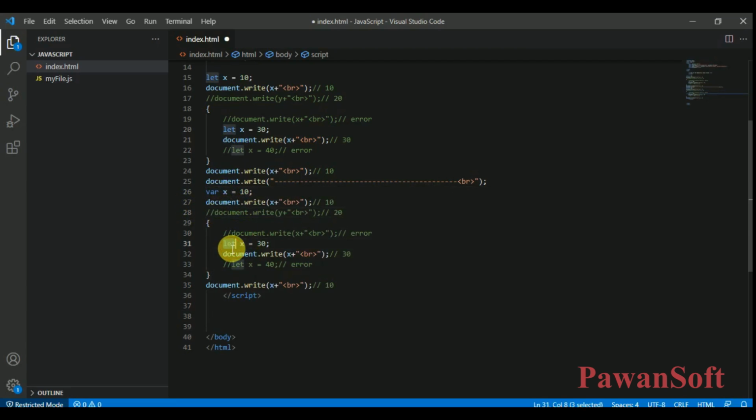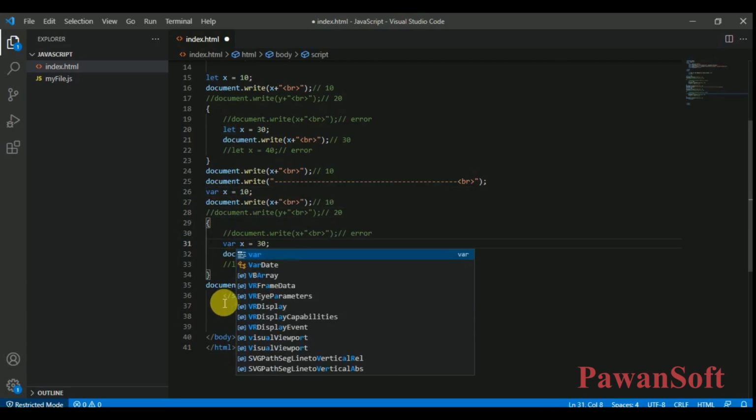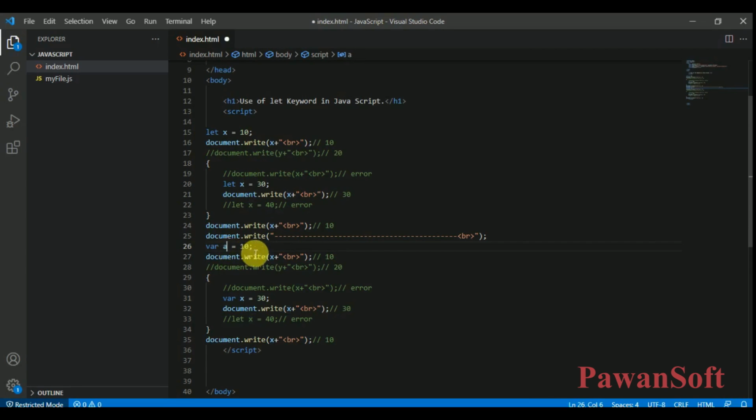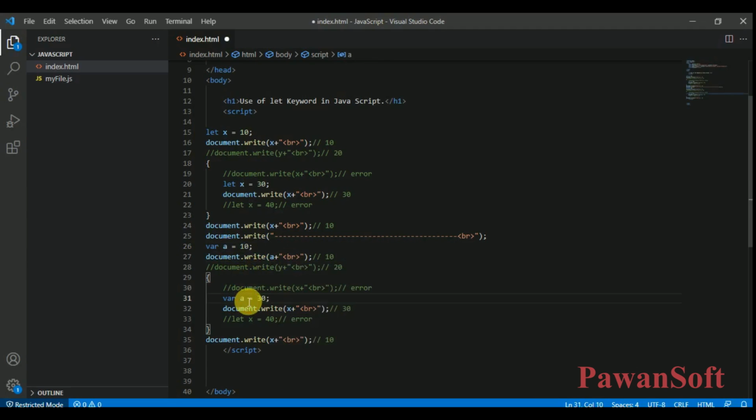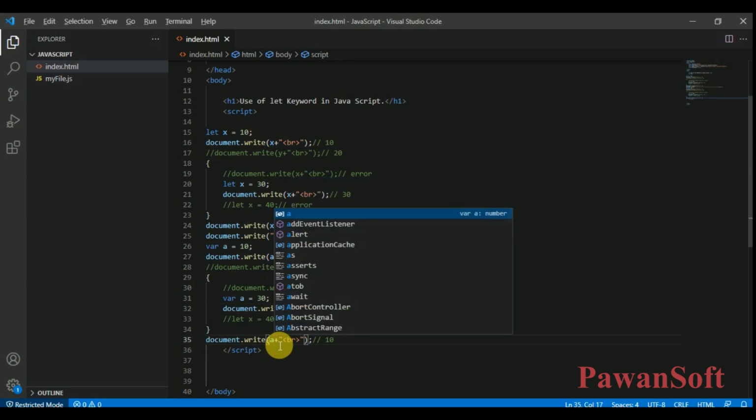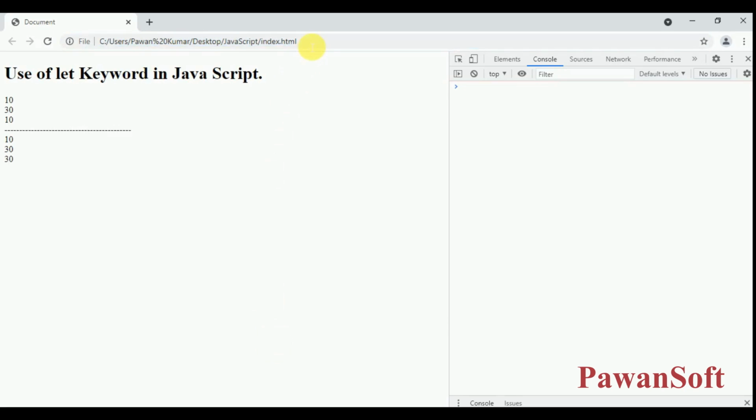This is var, and let's change the variable here to a. Okay, now see the difference. Here x is 10, 30, 10, 10, 30, 30, right?